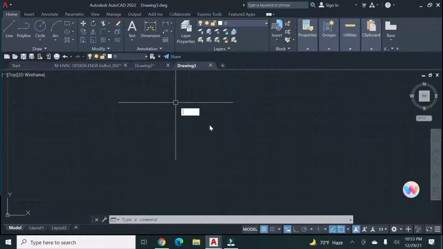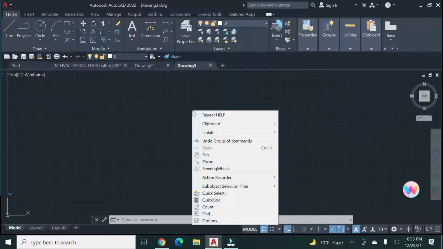How to set that? Let's see. You just click the mouse right button, then go to Options, to set the pick box and crosshair. So listen, be careful.